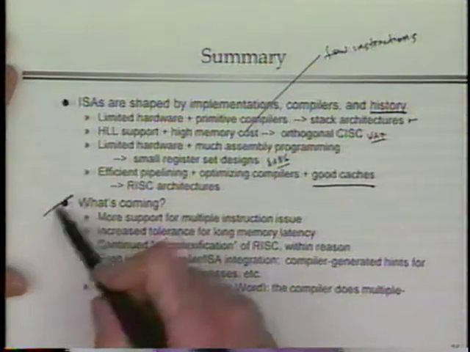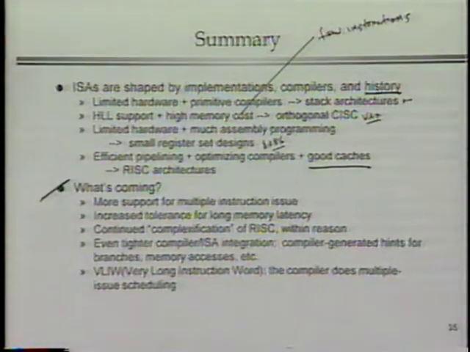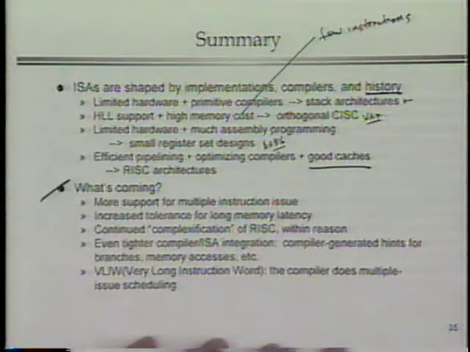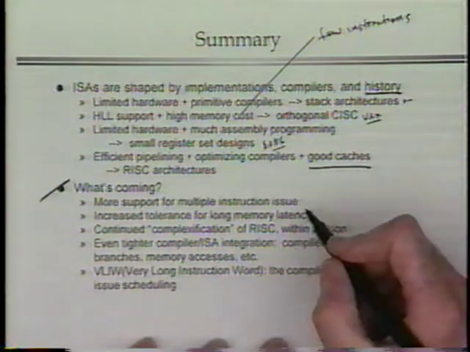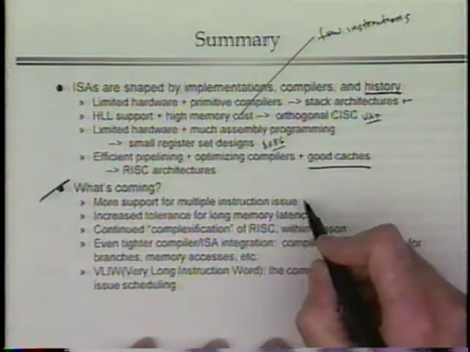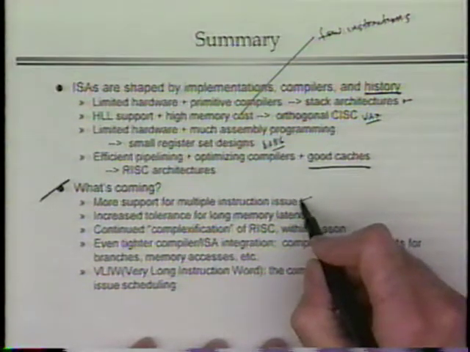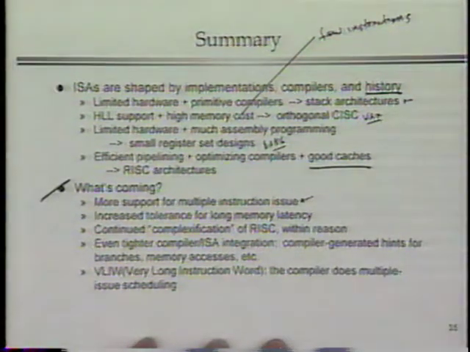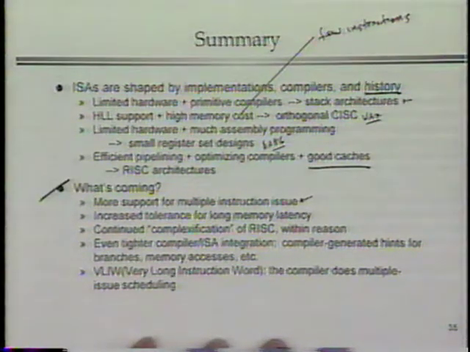So what's happening in the future? Where are instruction set designs going? Well, nobody knows for sure, but there are a couple of clear issues. One is that in the interest of getting things to run even faster, it's important to be able to get even more instructions to execute in parallel. Pipelining, which we'll talk about in detail, will be one way to get that to happen, but there may be